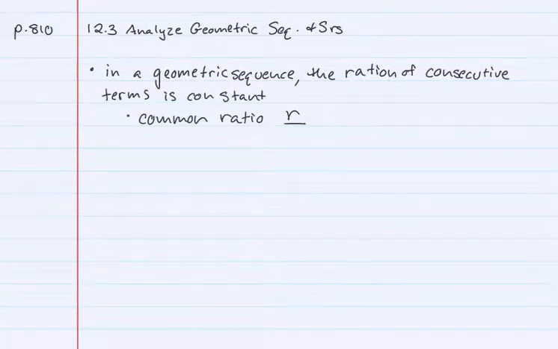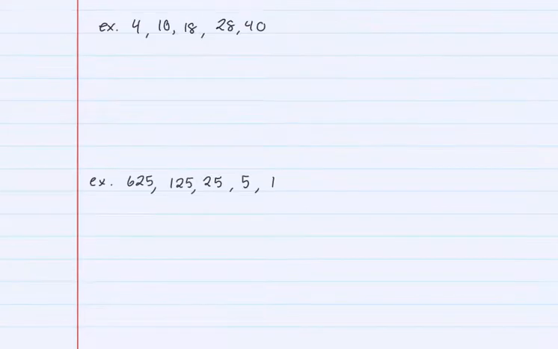More formally, in a geometric sequence, the ratio is constant, and that constant ratio is called the common ratio, which will be symbolized by an r. So let's look at a couple of examples and see if we can identify a geometric sequence. In our first example, let's take a look at consecutive terms. So if I take a sub 2,